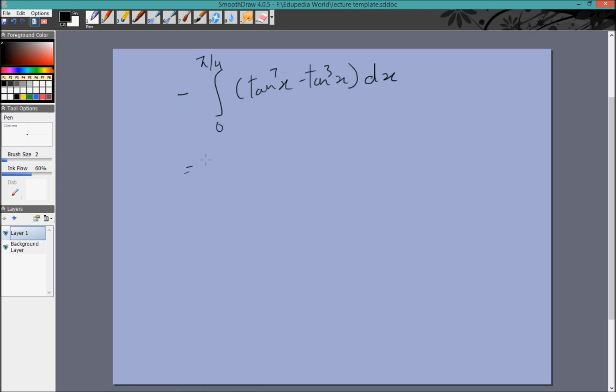This can be written as minus integral 0 to pi by 4 tan cube x times tan to the power 4x minus 1. So that will be tan square x minus 1 into tan square x plus 1, which is just what I was looking for, which is sec square x dx. Now again we can do the exact same thing. We can put tan x is equal to t, and what we are getting actually is minus integral of